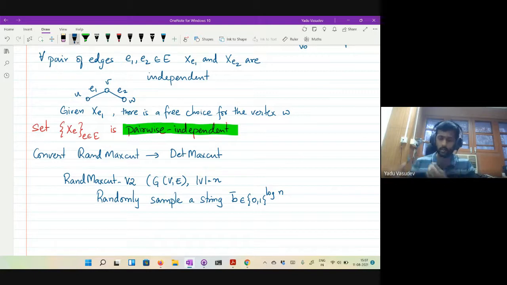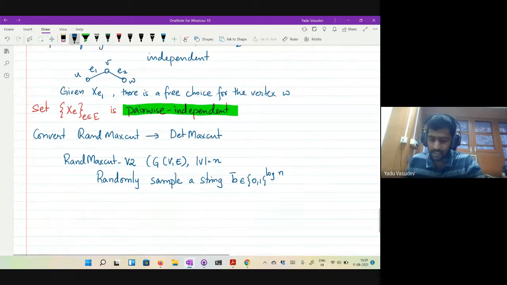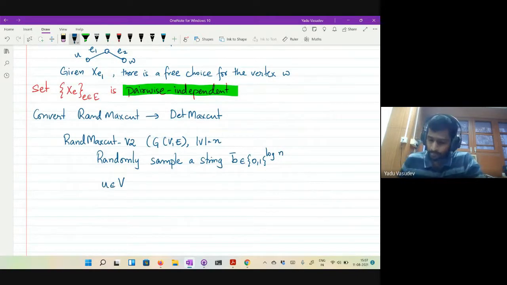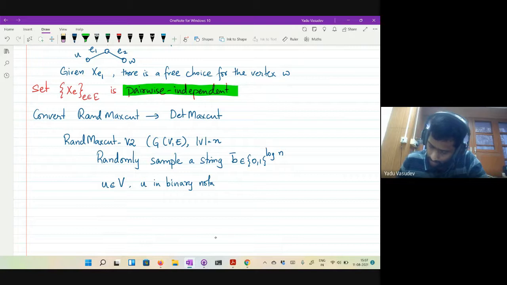Now we need to somehow construct a cut. The way we construct the cut is as follows. Let's take a vertex U in V. Then I can write U in binary form, as a string in 0, 1 to the log n.